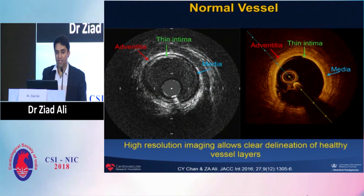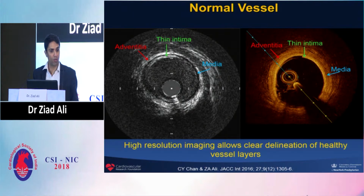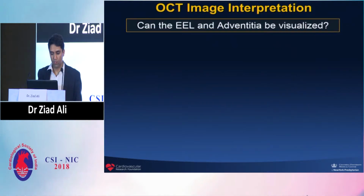So the benefit of assessing plaque composition in the current era of intravascular imaging is the ability to see all layers of the artery wall. Here you can see an OCT and high-definition IVUS of 60 megahertz showing all three layers, and the ability to detect these layers allows you to make decisions with regards to image interpretation. When the external elastic lamina or media and the adventitia can be visualized on OCT, this is a normal artery